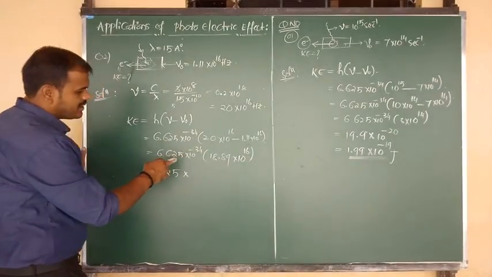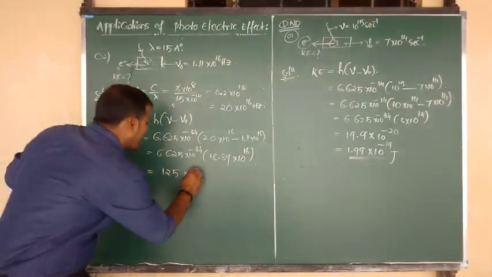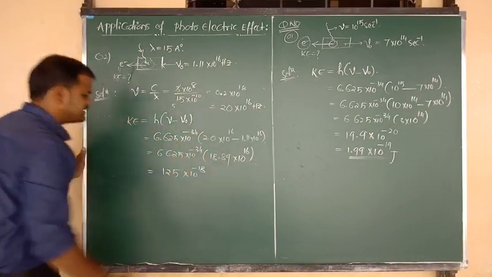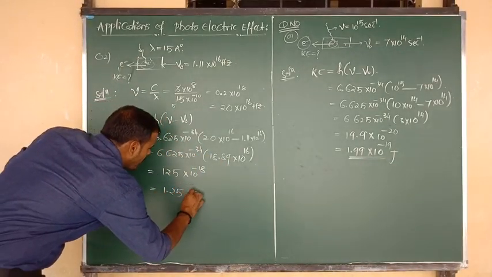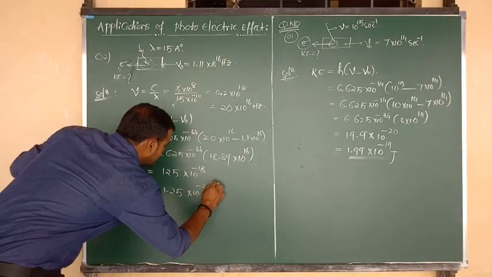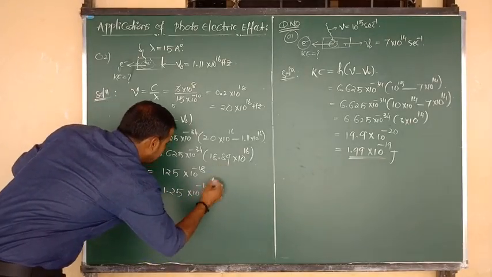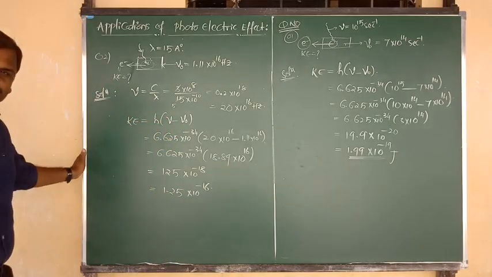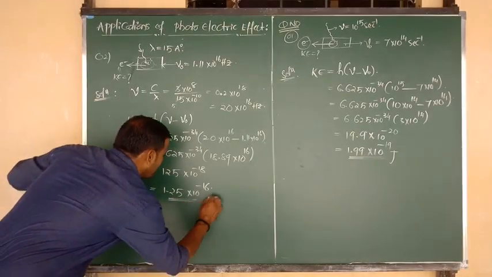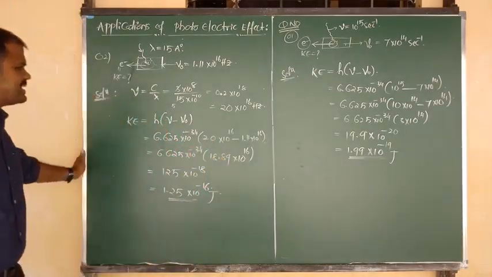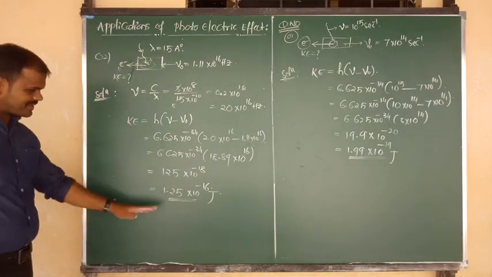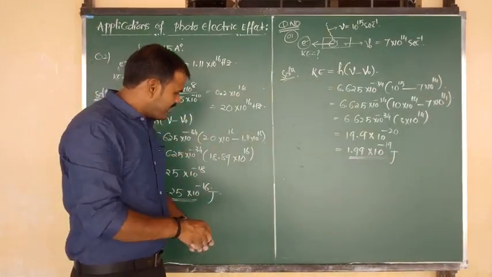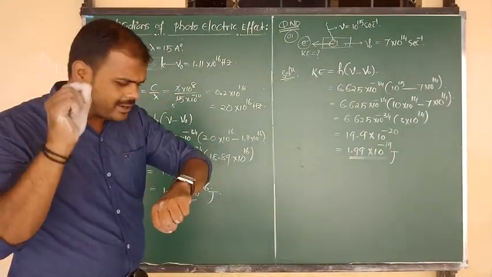34 plus 16, remove it easily. So 16 plus 32, 32 here for 34 means we can write 10 to the power of minus 18. So when we consider it in the form of one decimal point, 1.25 into 10 to the power of what? Minus 16. 1.25 into 10 to the power of minus 16 joules. This is the energy of the released or ejected electrons. Okay, now, good. So let me consider just another problem.